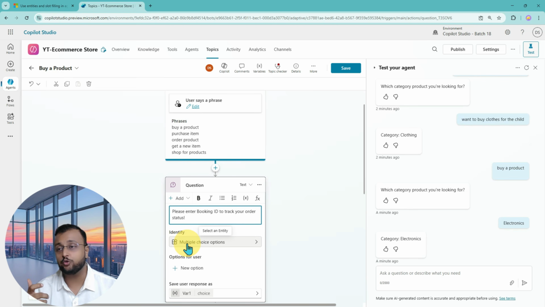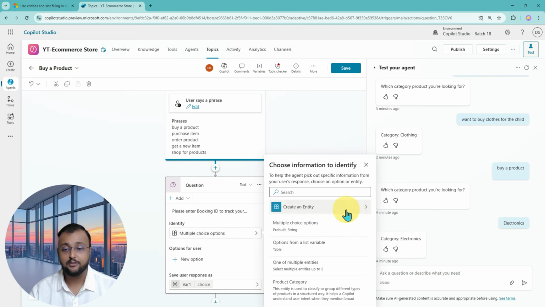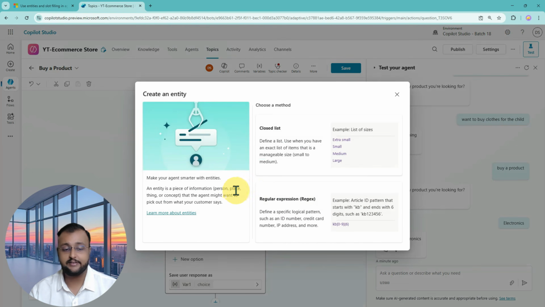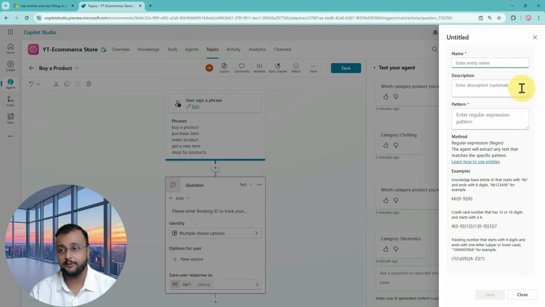At that time you can use a regular expression for your string, and for that as well you can define a custom entity. So click on create entity, and this time let's choose the regular expression entity. Now in this regular expression entity, just provide the name of the entity first. Over here I'm providing the entity name as transaction ID,